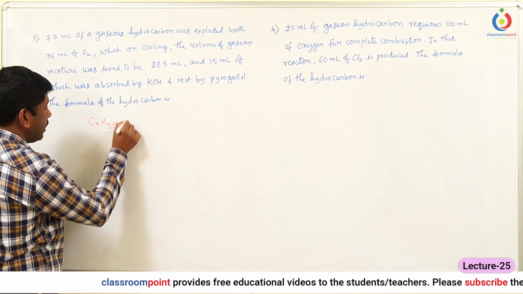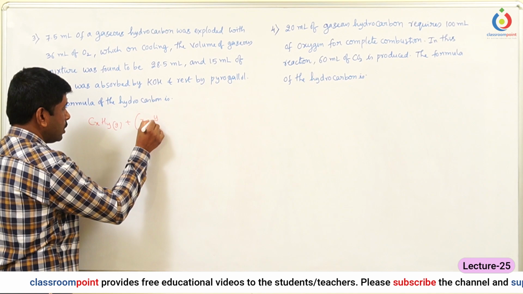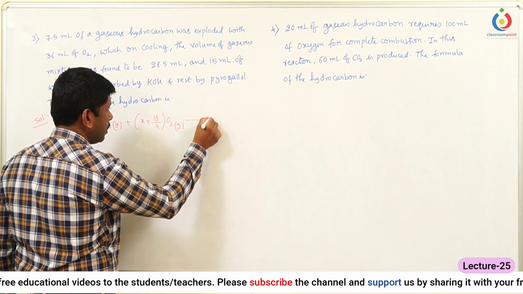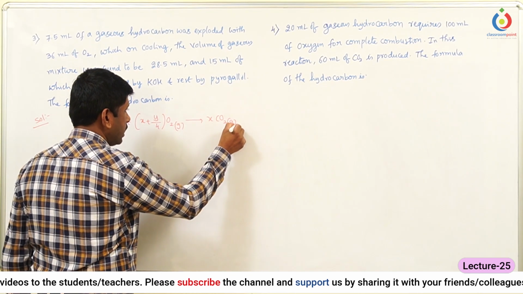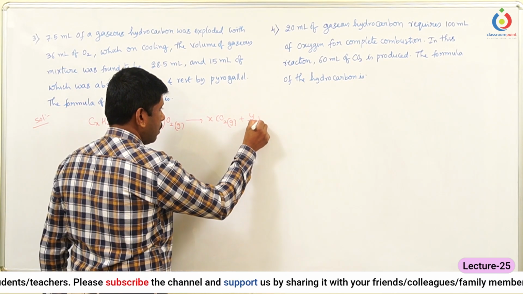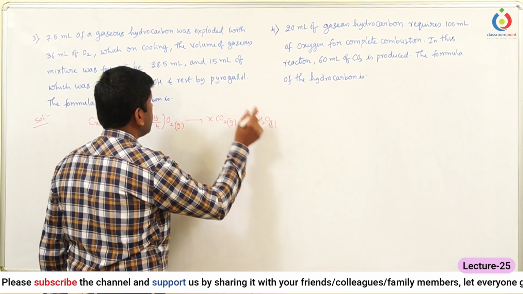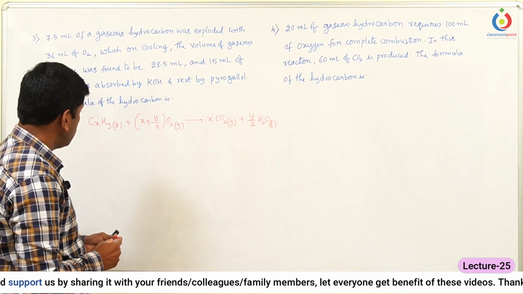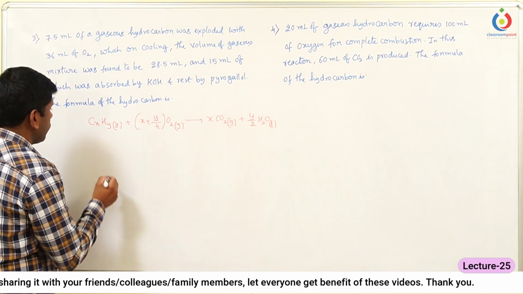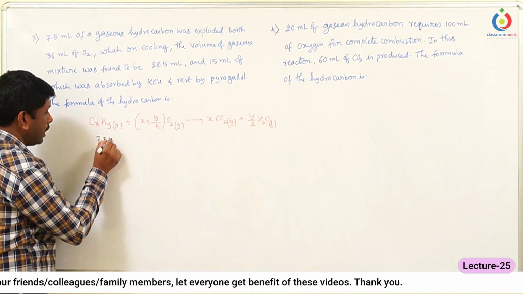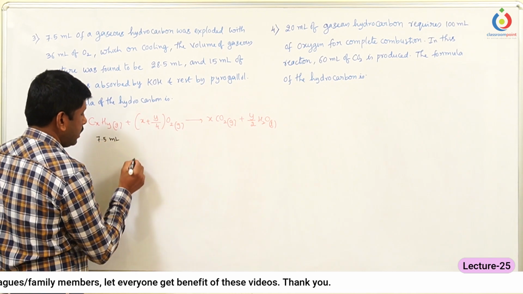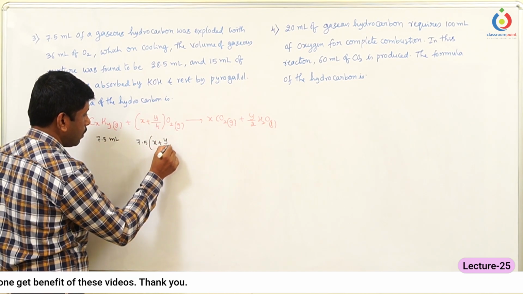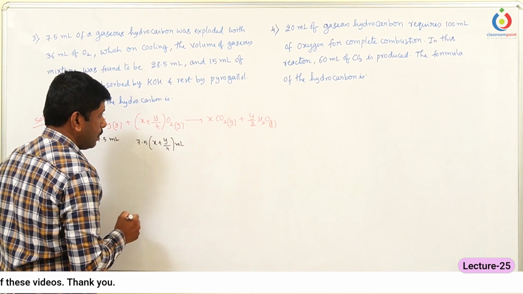CxHy in gaseous state plus (x + y/4) oxygen in gaseous state gives x moles of CO2 in gaseous state plus y/2 moles of H2O now in the liquid state. Why? Because it is considered already in the cooling. That's why we are not considering it. So here 7.5 ml of the hydrocarbon needs 7.5 into (x + y/4) ml of O2 and will